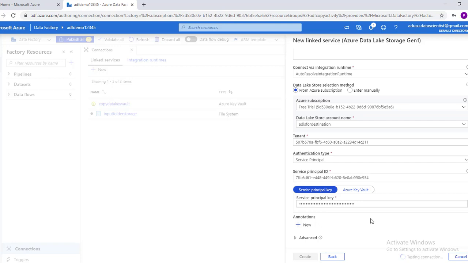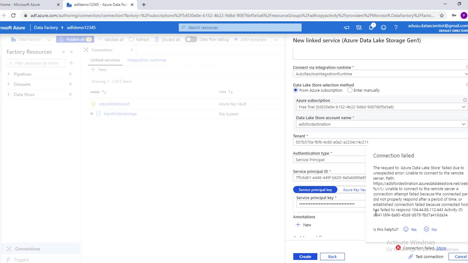Since we have provided read-write access to Azure Active Directory application to Azure Data Lake Store Gen 1, we are using the ID and password here to write folder into Data Lake Store. See why it failed.